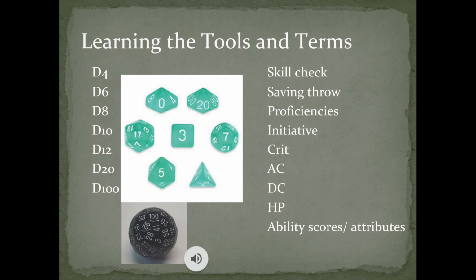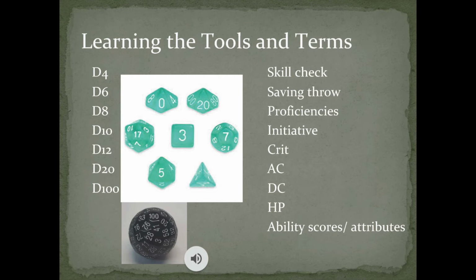The most common dice to be used are the D20, and roughly 2/3 of all die rolls made in the game are probably going to be with the D20. All the other dice are used for damage, and that will be based on what class you're using. Casters tend to use a lot of D6s and a lot of D8s. Barbarians are the only ones to use D12. So what class you play will affect what dice you are using.